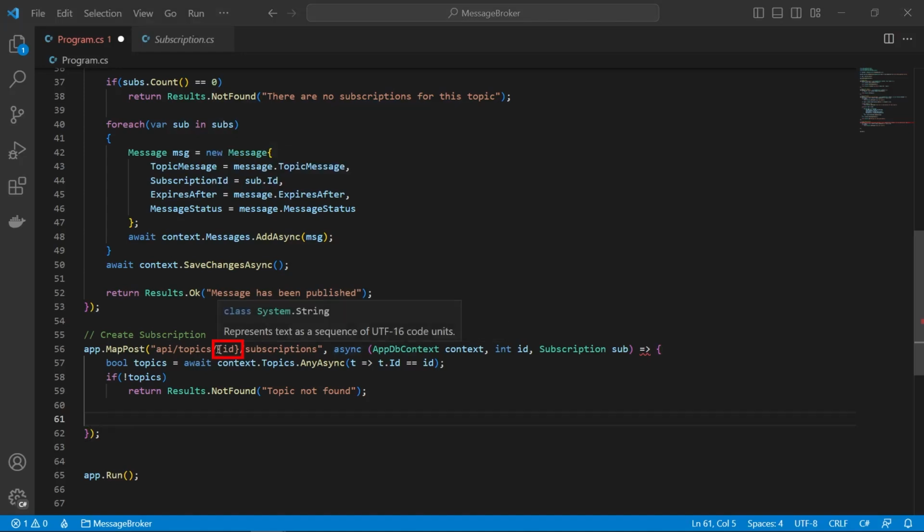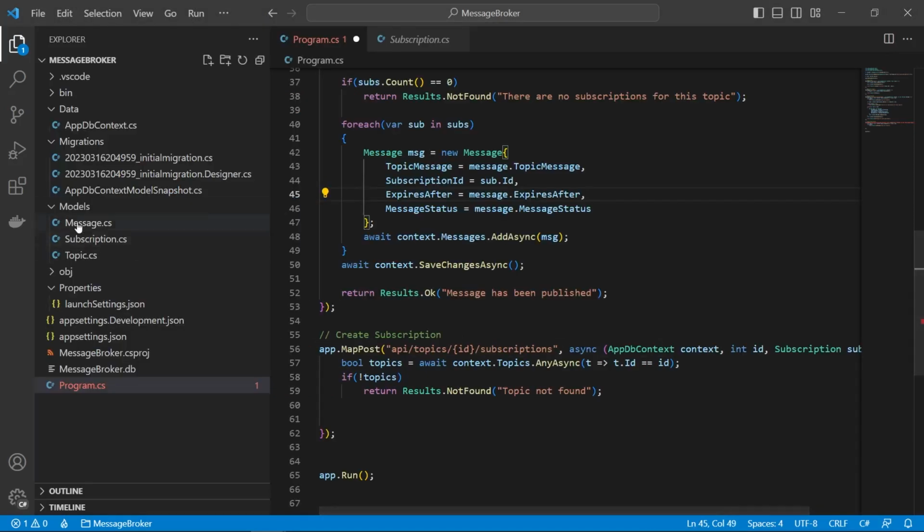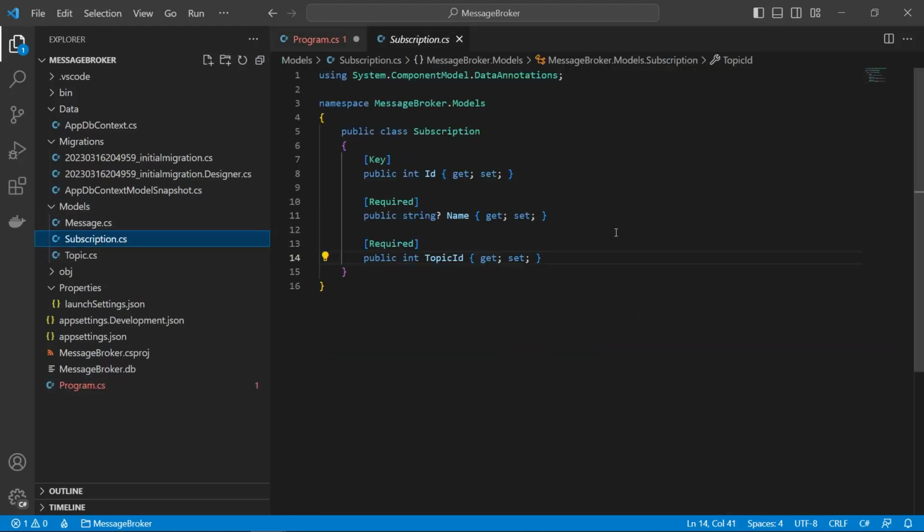Now, as we're actually passing the topic ID in our URL, if we just come back and look at our subscription object, thinking forward to when we're going to make this API call and what we are expecting to pass over, we don't need to pass over the ID. We do, of course, need to pass the name. Now, we could pass the topic ID in the JSON body if we wanted, but to be honest with you, that would be doubling up because we're already providing the topic ID in the URL. So when it comes to actually calling this API, all I'm going to provide is the name of the subscription